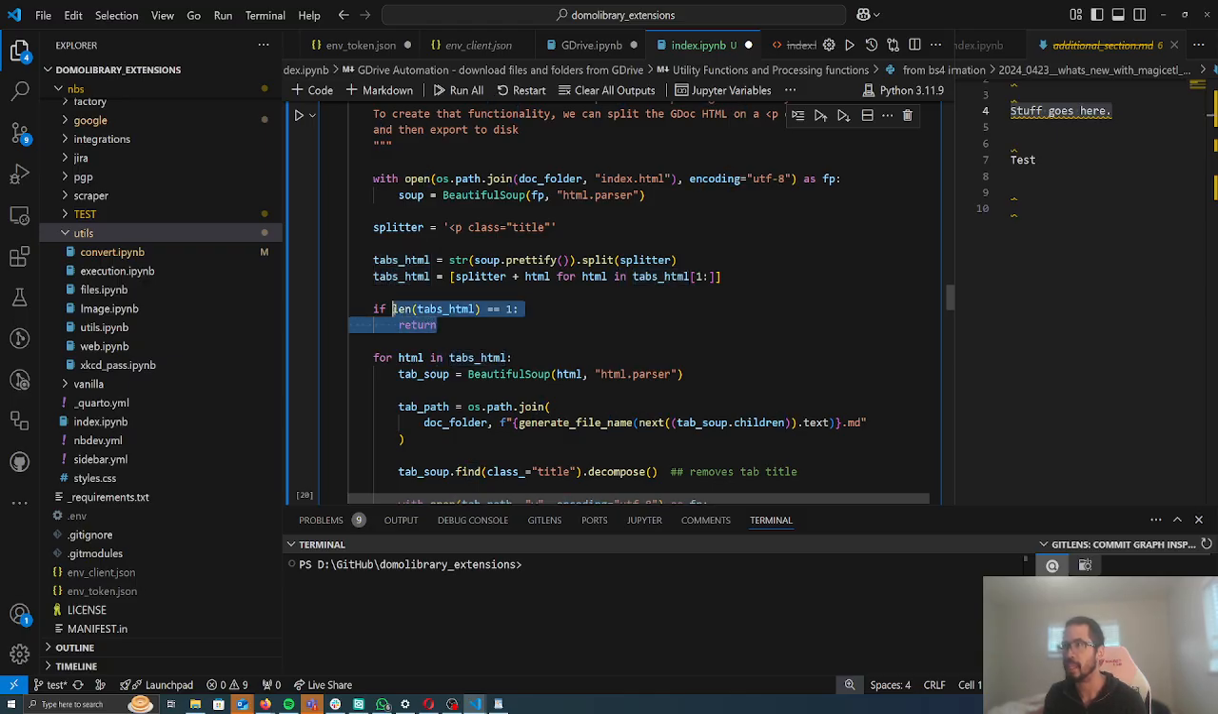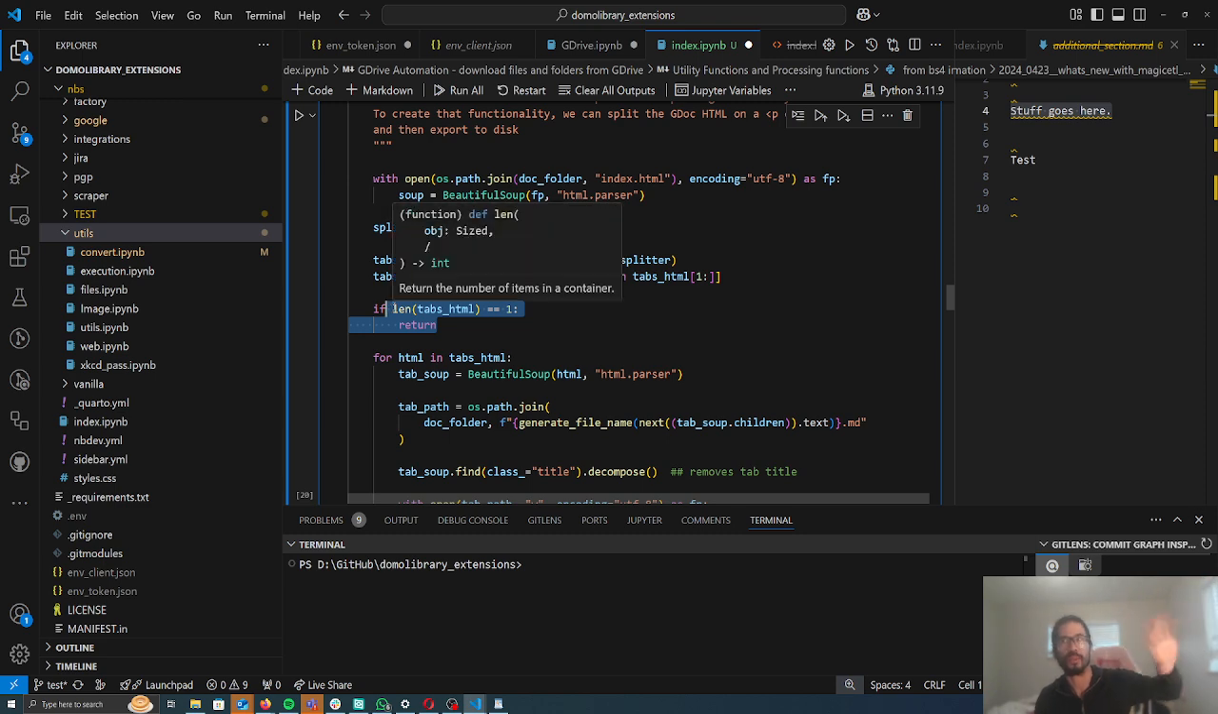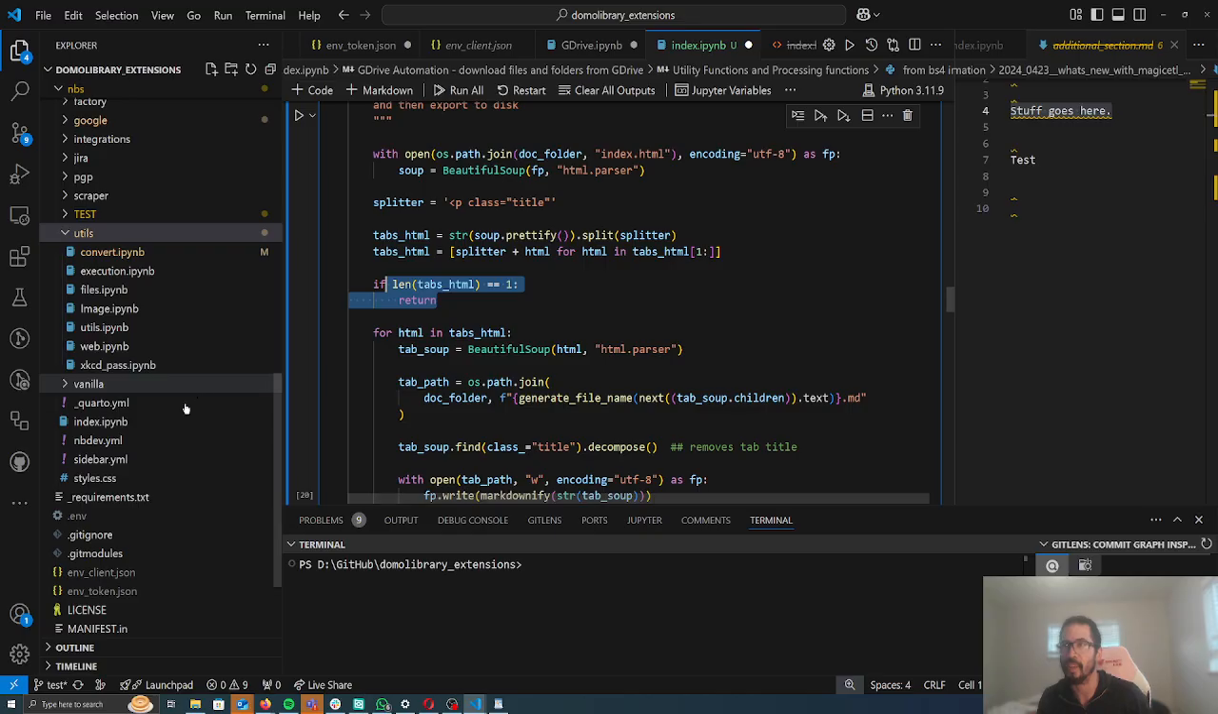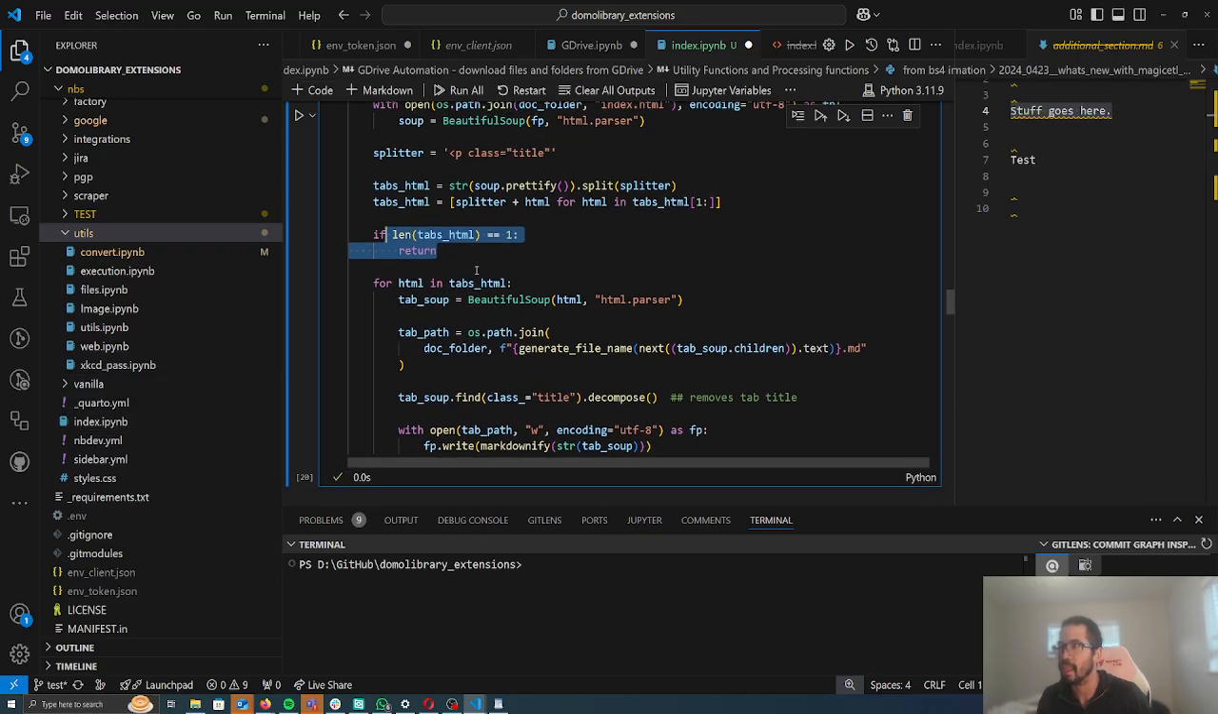If the length of tabs HTML is equal to 1, then I know there's only one tab, because maybe I haven't used multiple tabs. So I don't need to do anything else. We're fine. I can just have index.markdown. But if I have multiple tabs, then for each